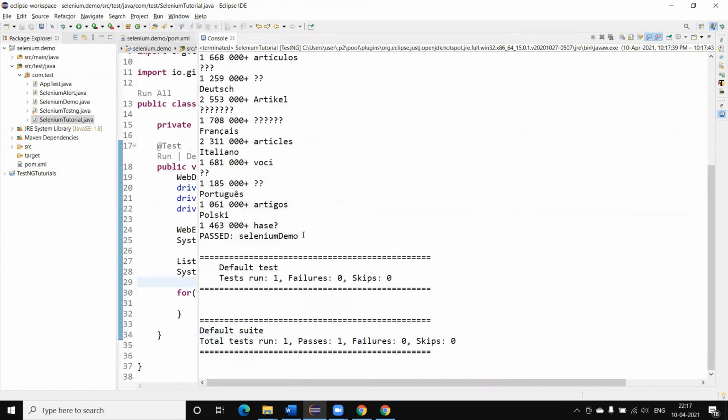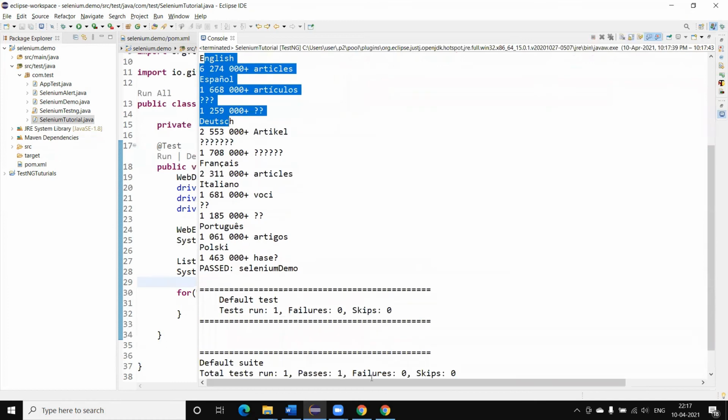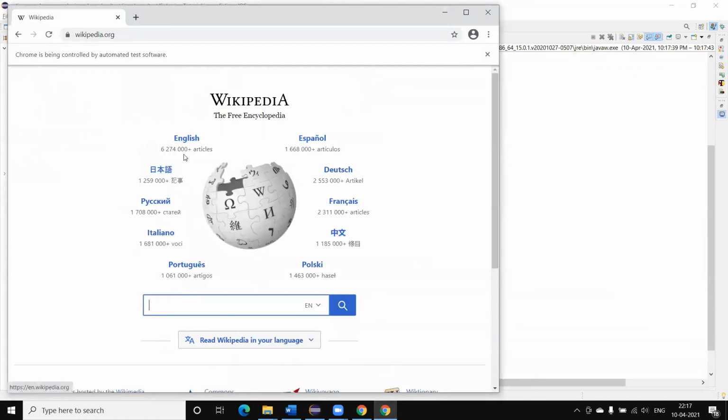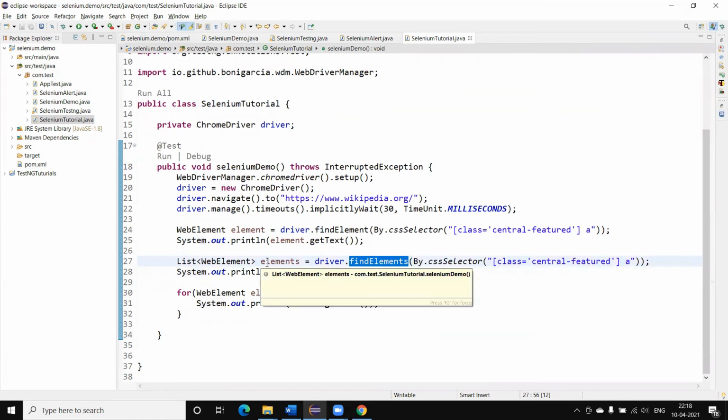You can see this returns only the English, and this returns the text of all 10 elements. So driver.findElements returns the multiple element objects as a list, and driver.findElement returns a single element object.